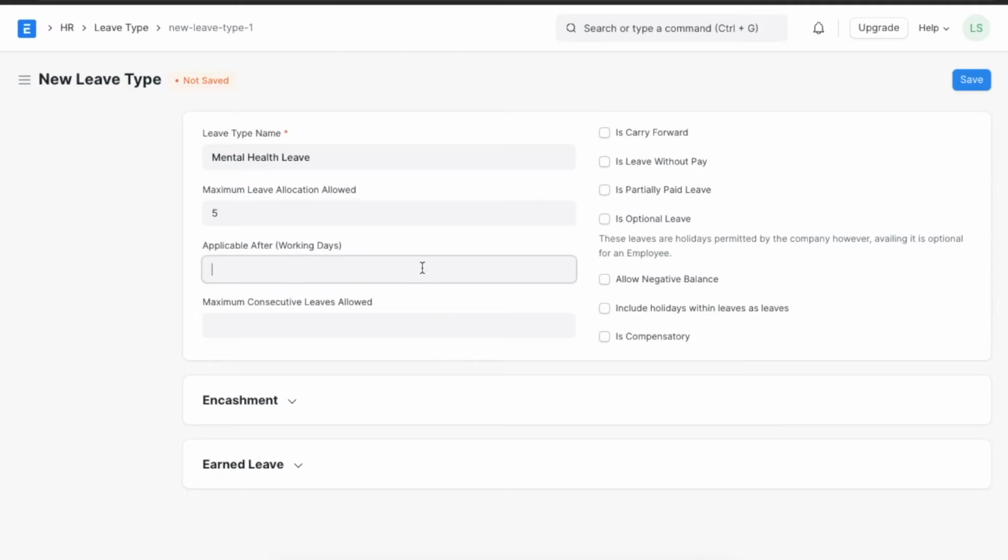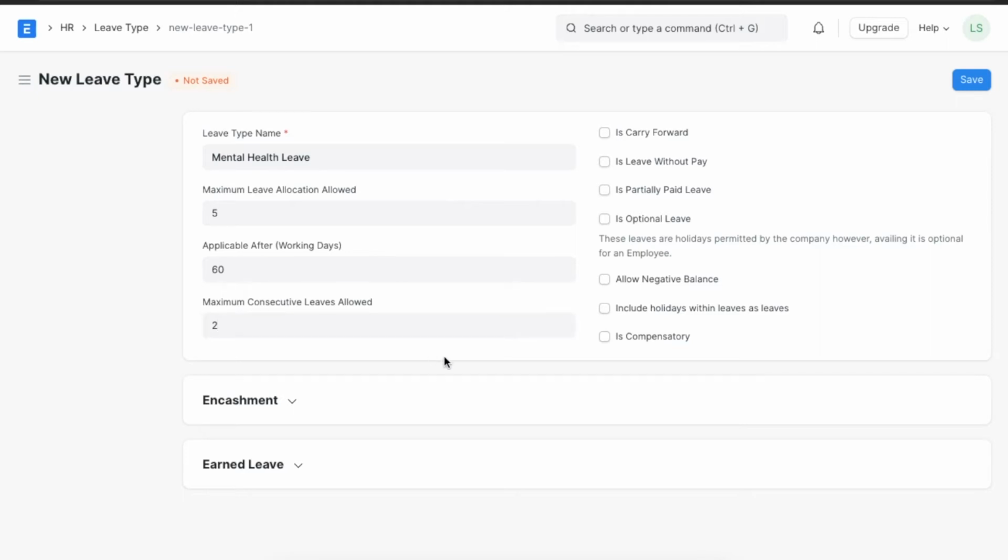If this leave can be taken for only a certain number of continuous days at a time, then we can define that here. For example, if the maximum leaves allowed for this leave type are 5 and the number of days this leave can be taken in a row are 2, then we can mention 2 in this field.